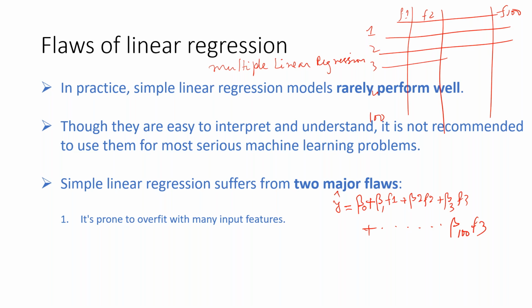Then it will understand the data, and it will stop somewhere where the optimum coefficients are found. Beta 0, beta 1, beta 2, all these are coefficients. Beta 0 is the intercept, and the remaining ones are coefficients. So it will calculate a value for beta 0 at the optimum where the minimum cost function is achieved. Then it will list all the coefficient values, beta 1, beta 2, up to beta 100.